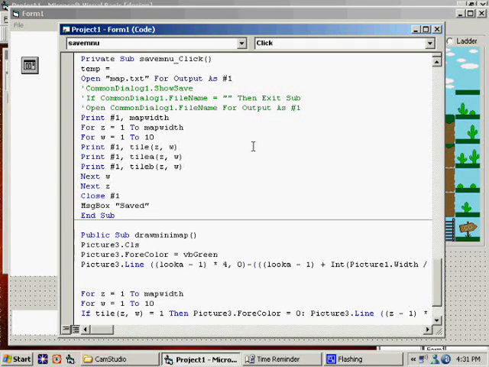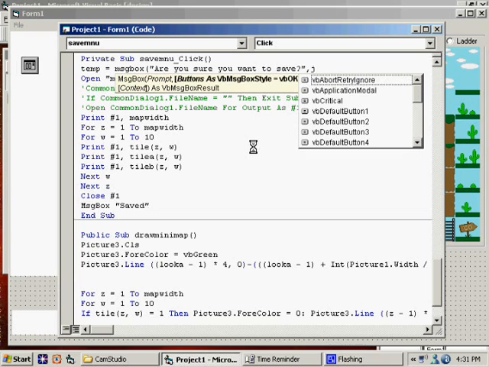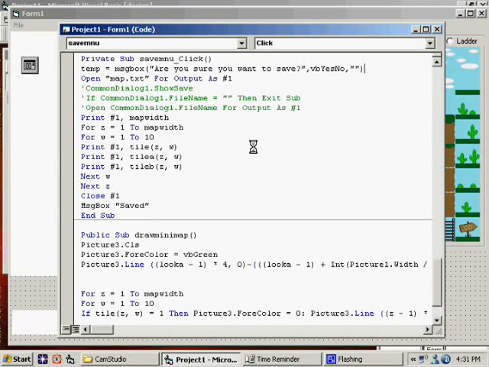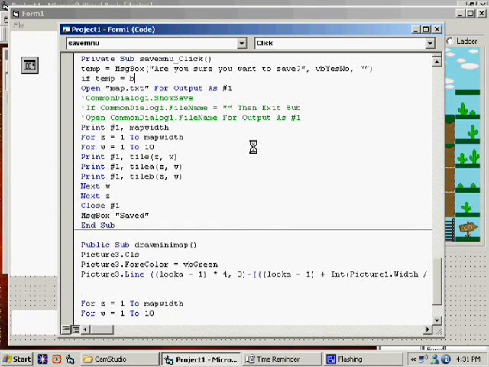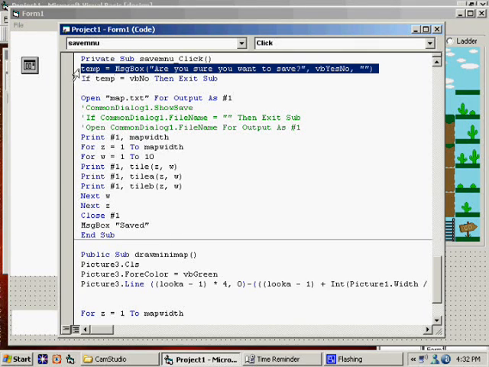temp equals message box, are you sure you want to save? Comma, we say VB yes, no, comma, and the title, well, I don't know, we can leave the title blank. If temp equals VB no, then exit sub. Exit sub jumps us down to here. So in other words, we totally skip this whole section if we